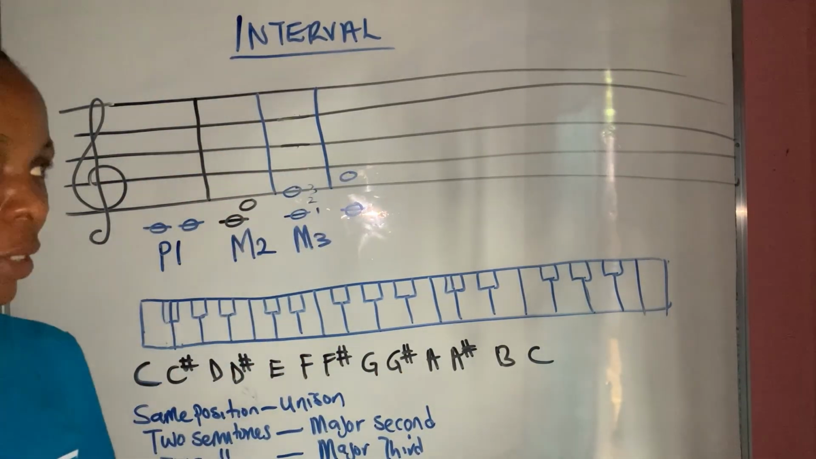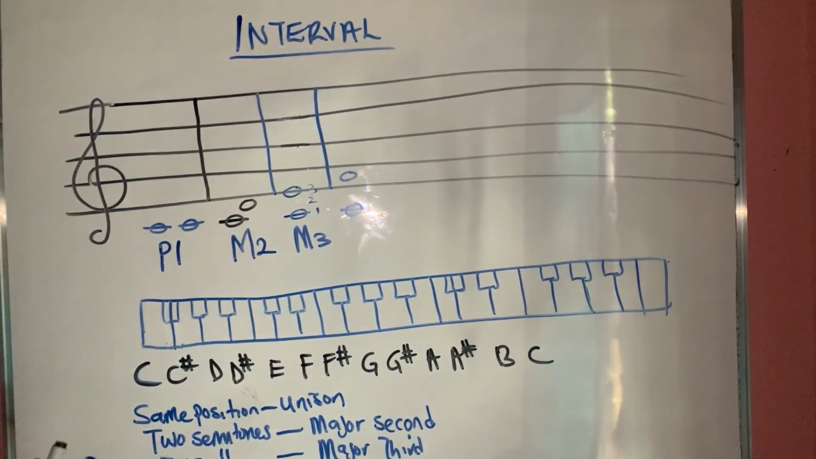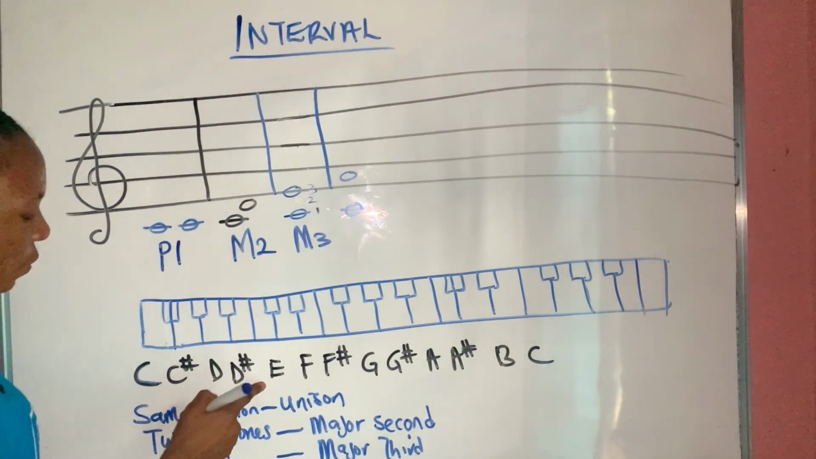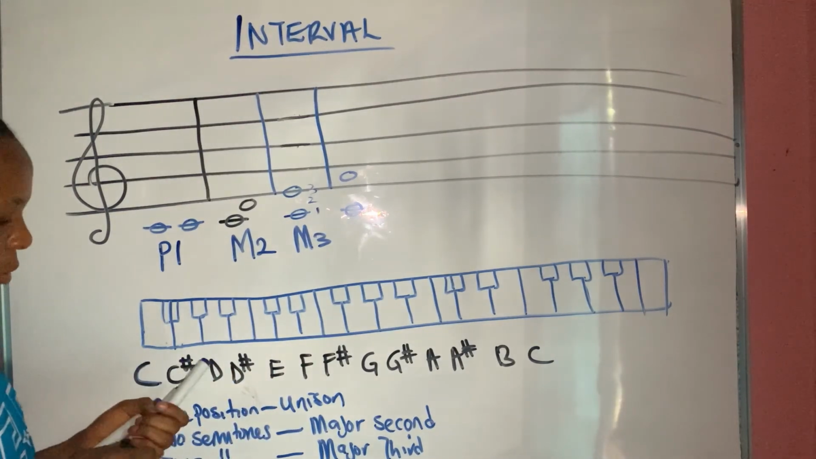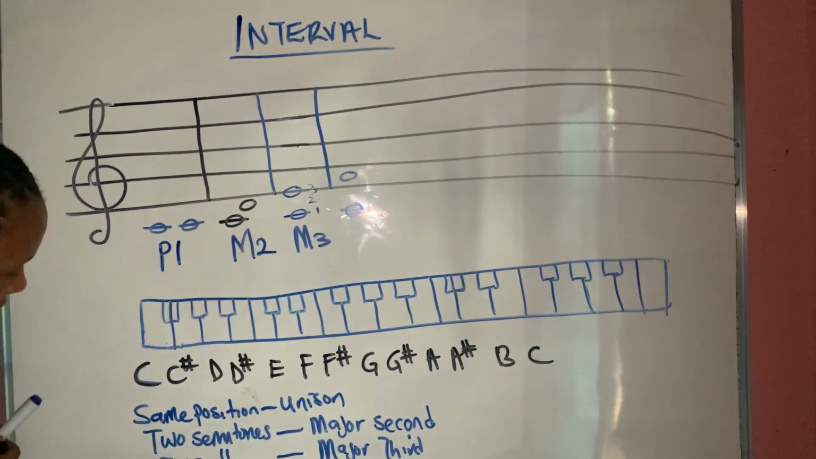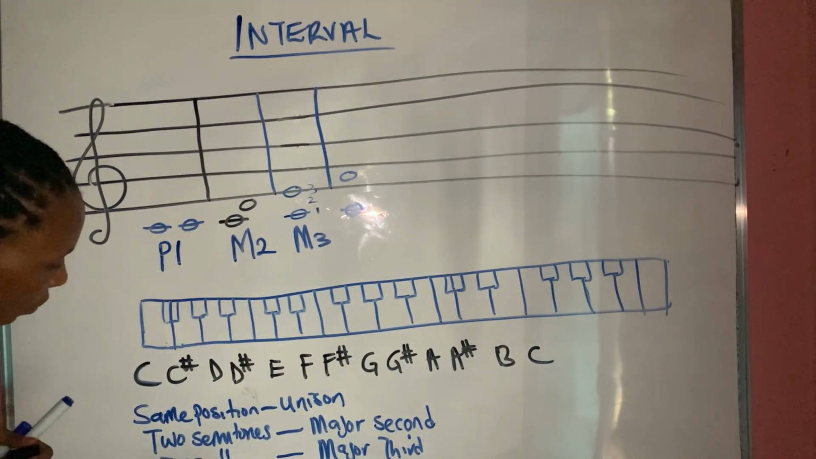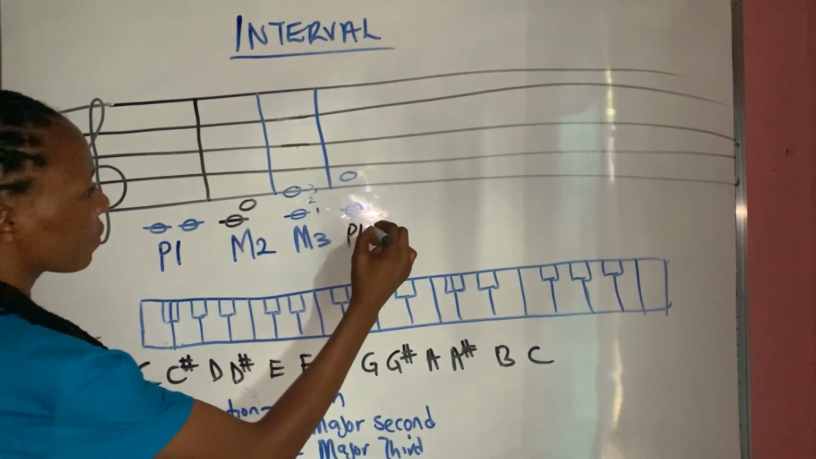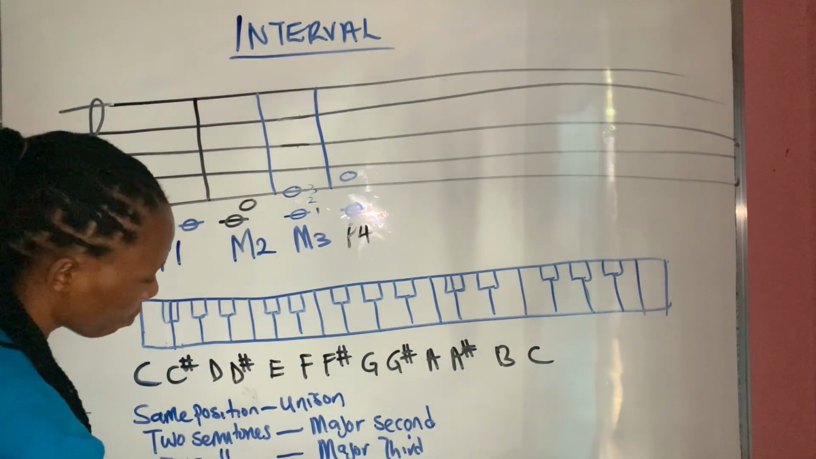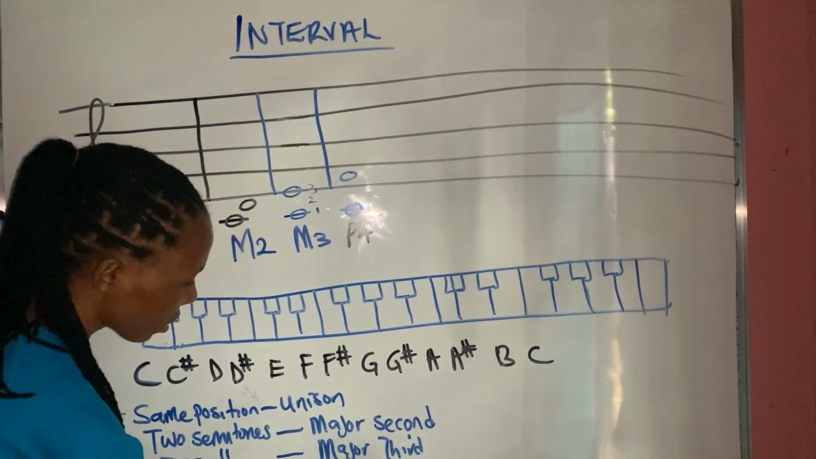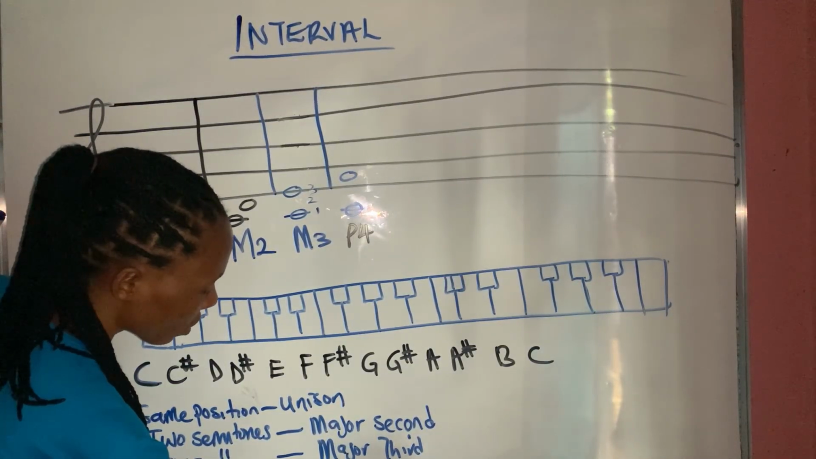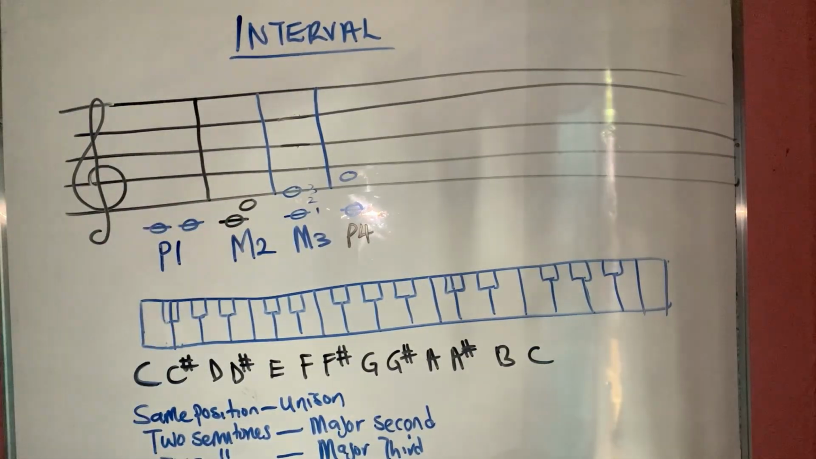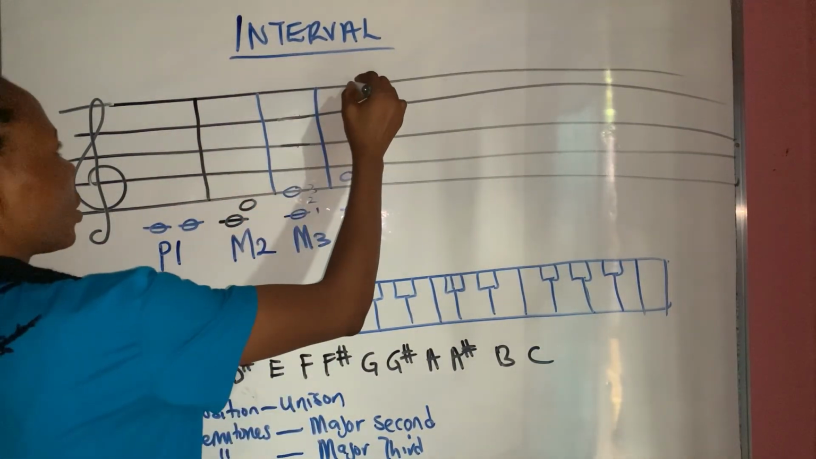Then what's the quality, the size? Now C to F, let's look at it. This is C. 1, 2, 3, 4, 5. How many semitones are involved? 5 semitones. So when it involves 5 semitones, it's considered to be perfect fourth. Please, not major fourth. Perfect